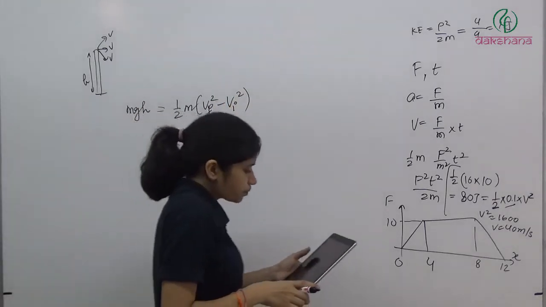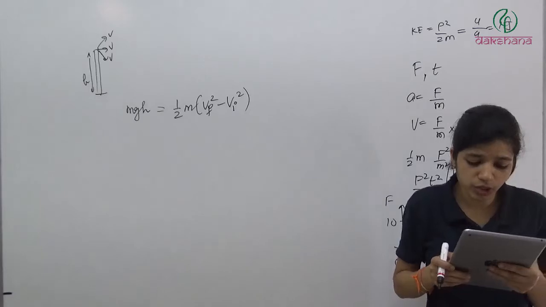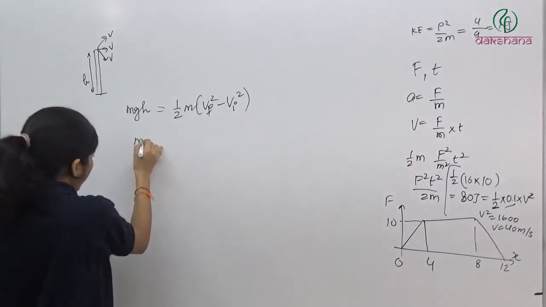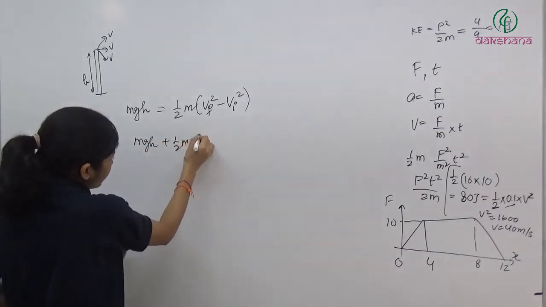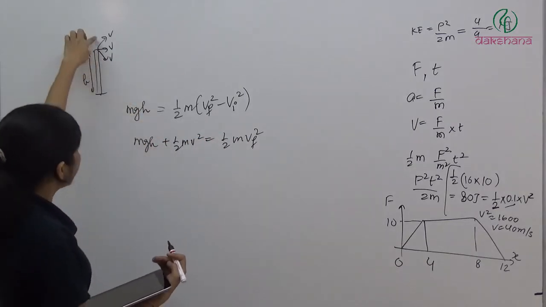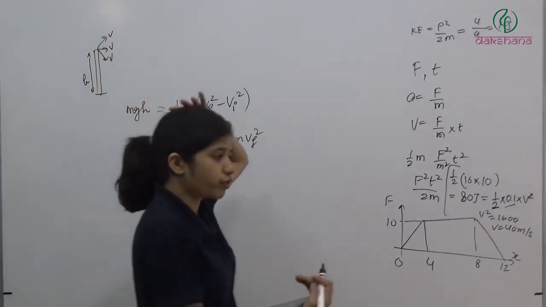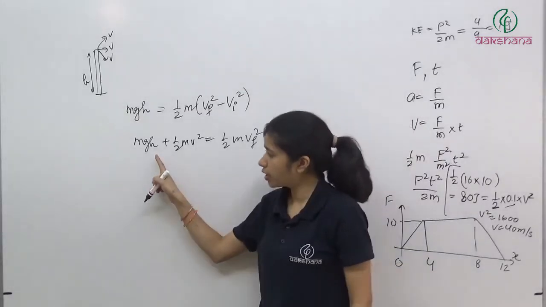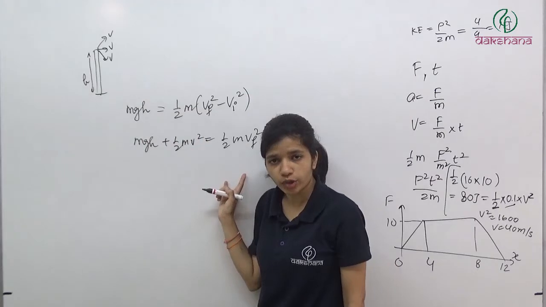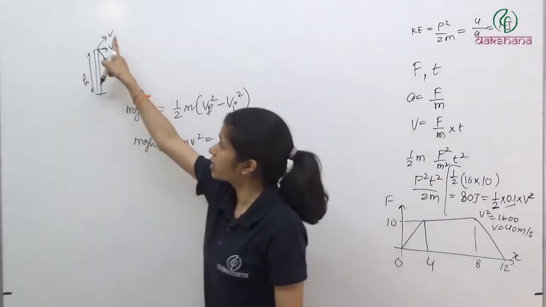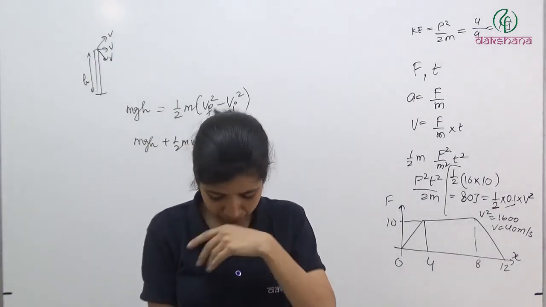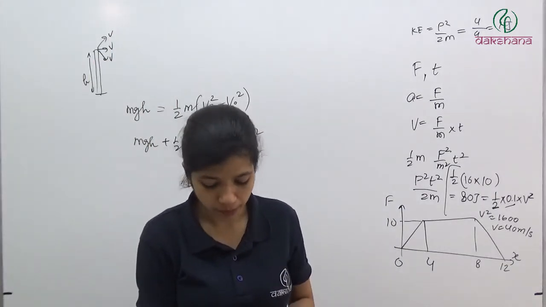So they are asking when the kinetic energy will be maximum. The stone will hit the ground with maximum speed if it is thrown. So for maximum speed, we have mgh plus half m v square is equal to half m v final square. So here, is it depending on the direction or any theta by which we are throwing the particle? No, we are throwing the particle down from height h with speed v. So in any direction you throw, the final velocity is going to remain the same for all the cases. If you throw it like this or this, it is going to remain the same. So option 4, the speed does not depend on the initial direction.